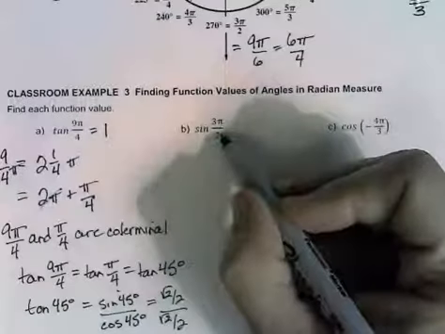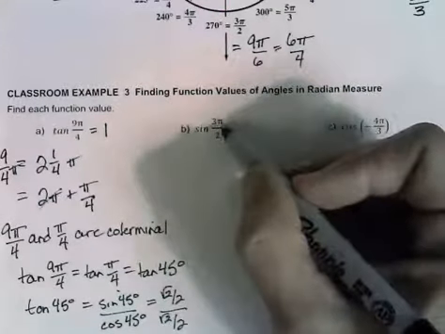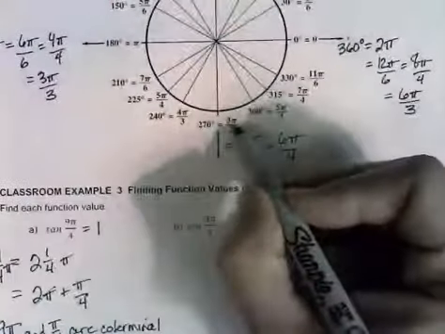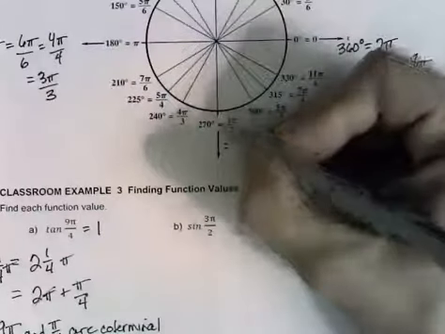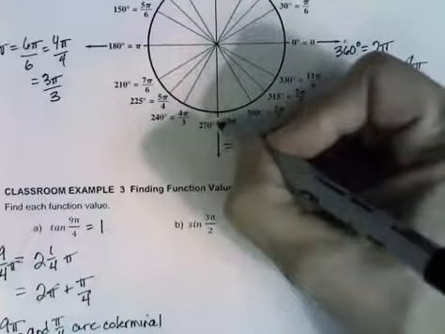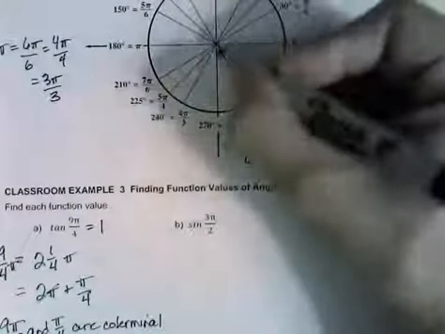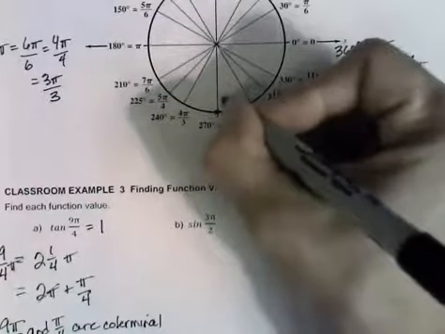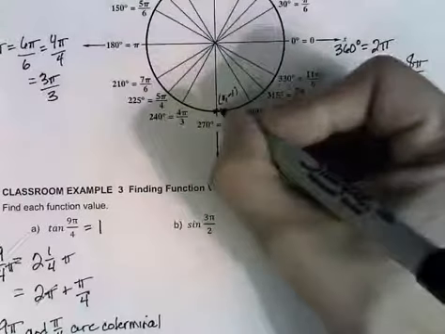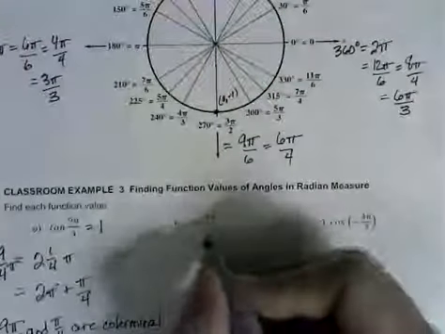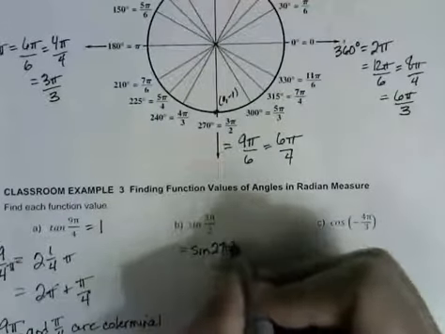Let's look at the sine of 3 pi over 2. Now this one's a little bit easier because this one is already on our circle. So 3 pi over 2 up here is equal to 270 degrees. And if we even look at where this is on the circle, this is a quadrantal angle. We could think about an x and a y and an r. So for example, if we made this point (0, -1), then our y is -1 and our r would be 1. So the sine of 3 pi over 2 is going to be the same as the sine of 270